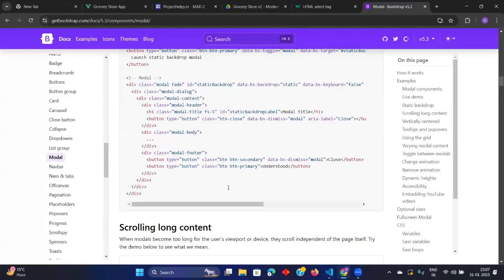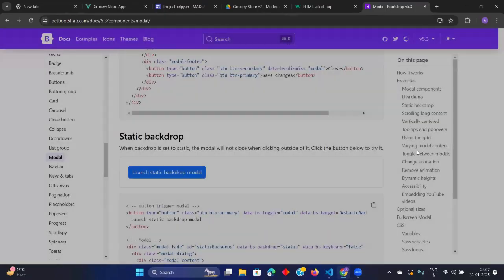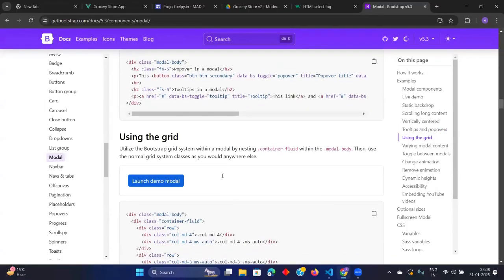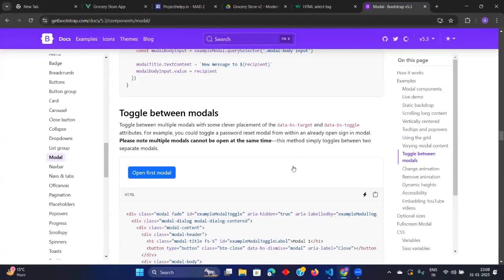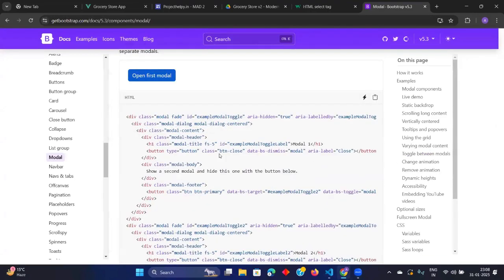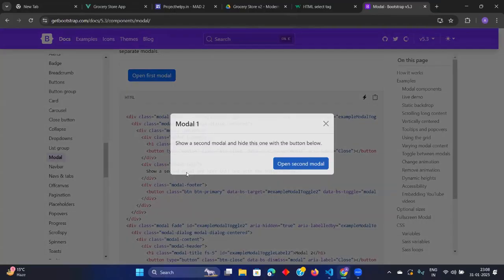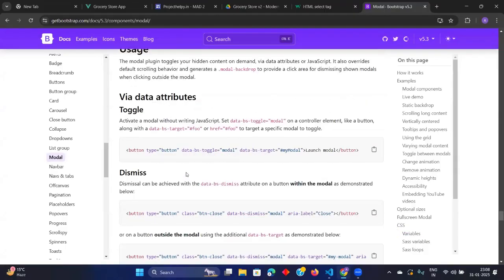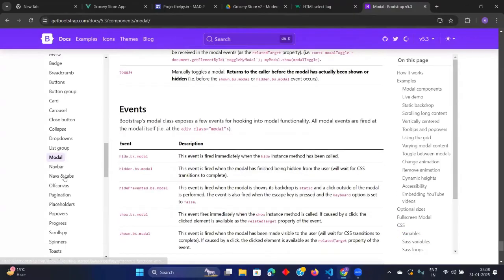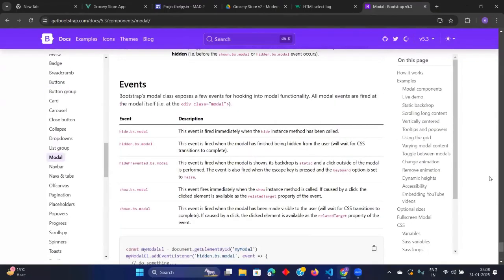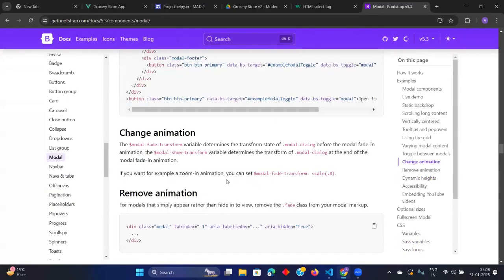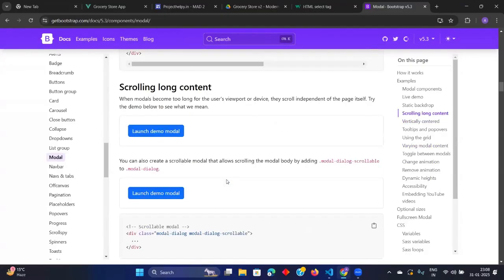Launch demo modal. You see, in this we can also have a form. There are so many things in the modal. So this thing is required for you to understand this. Open second modal then back to first, so complicated things you can add. Let me show one more thing, modals with data is also there. Inside a modal we can also have a form.